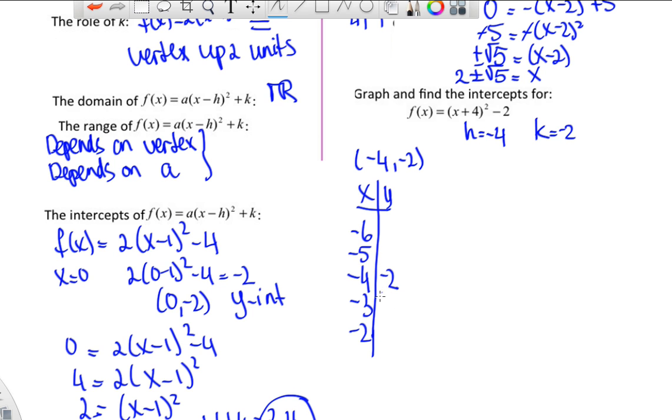So at -3, you get (-3 + 4)². So that's 1, and 1 minus 2 is -1. So I should get -1 here as well. And then at -2, -2 plus 4 is +2, and 2 squared is 4, and 4 minus 2 is 2, so at -6 I should also get 2. Graphing that,